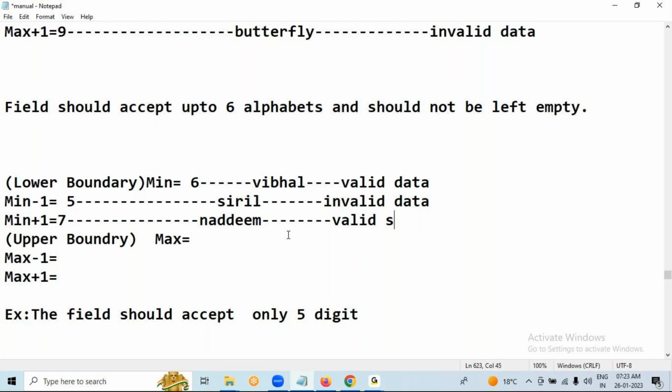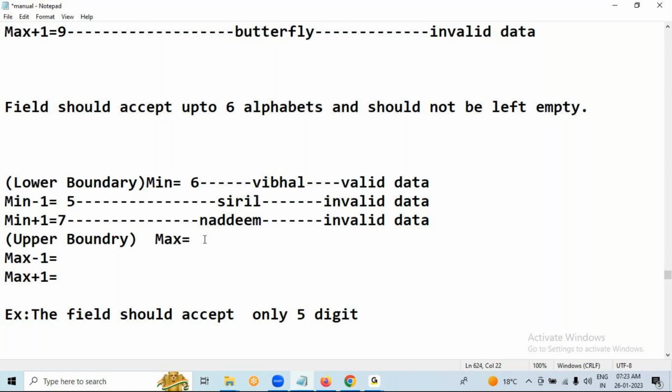How is it valid? I mean, 7 is invalid data. Oh, it is invalid because it says up to 6 alphabets, right? Yep, very good catch, good catch. Keep going. So now next, wait, so this will go invalid. Valid data, okay, and then go to